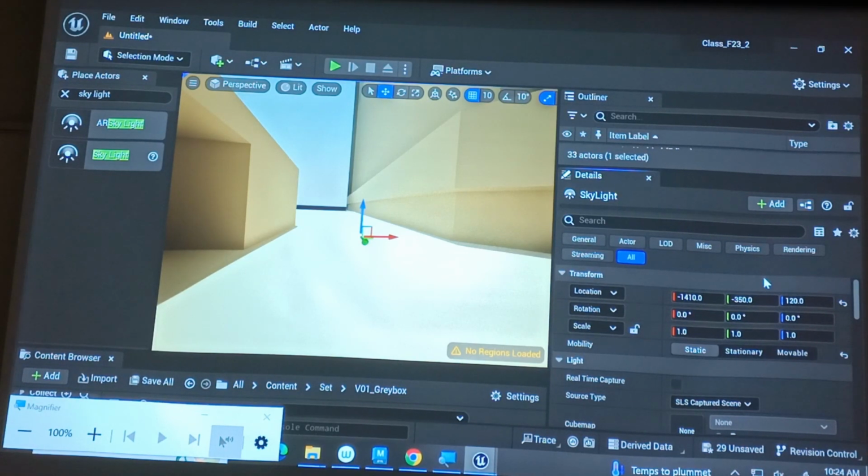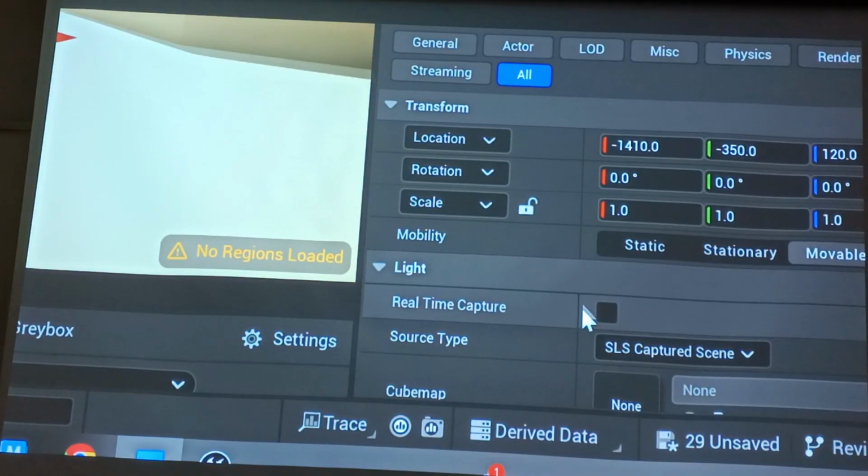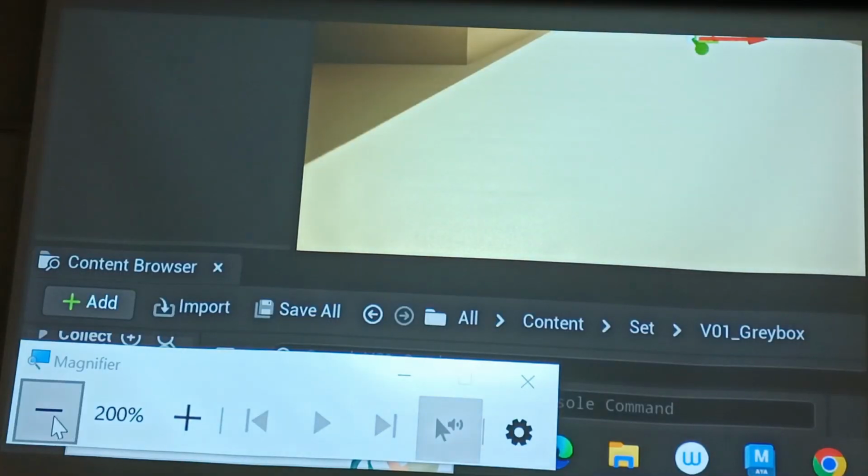So for the skylight, by default, I think it's set to stationary. We can go ahead and set that to movable. And what we need to do is tell Unreal, hey, instead of doing one cube map capture, capture this in real time. So that's the real-time capture option right down here. If we turn that on, we won't see too much of a difference